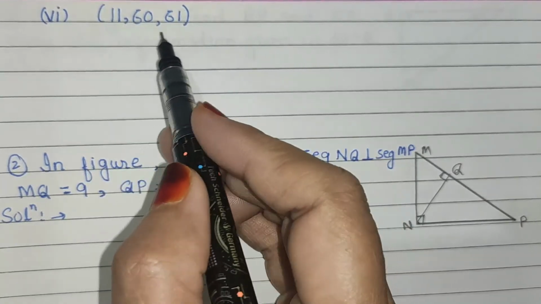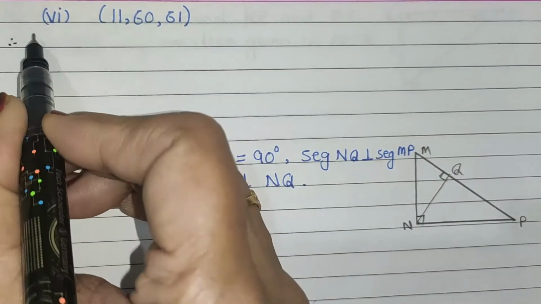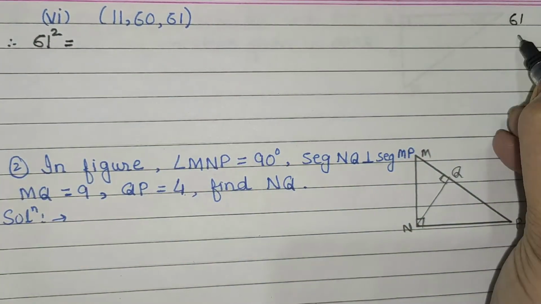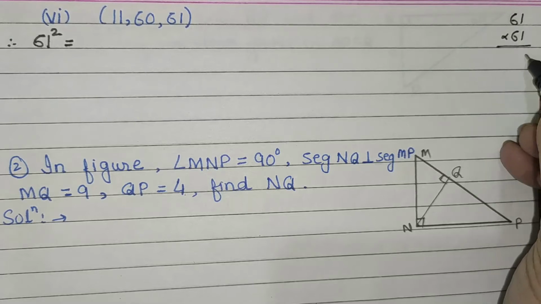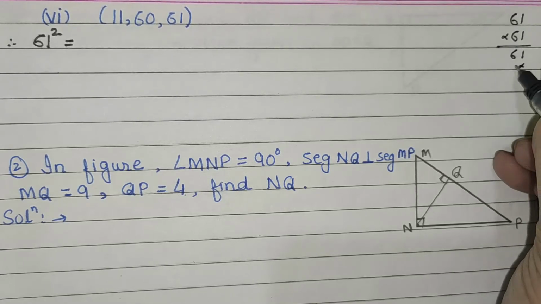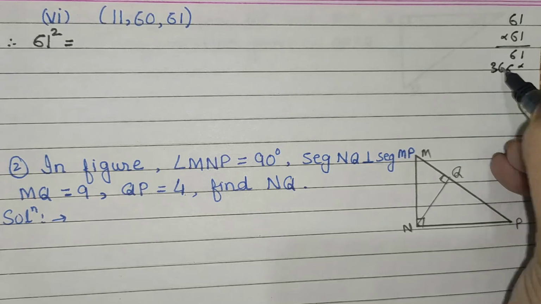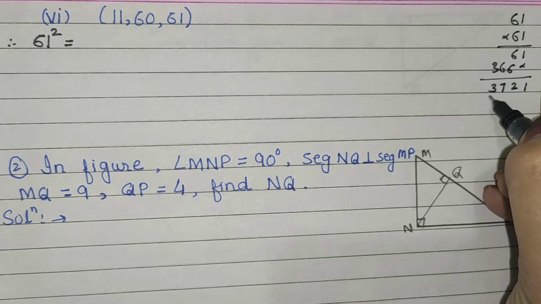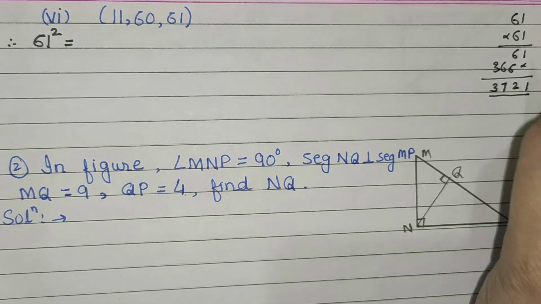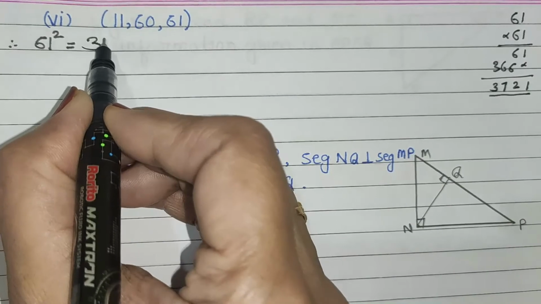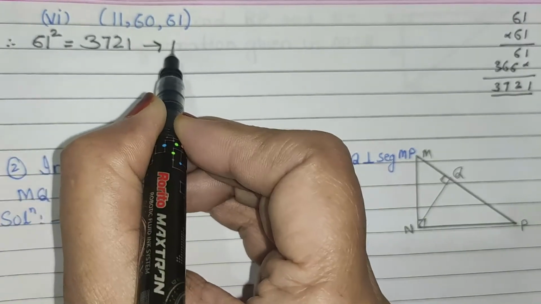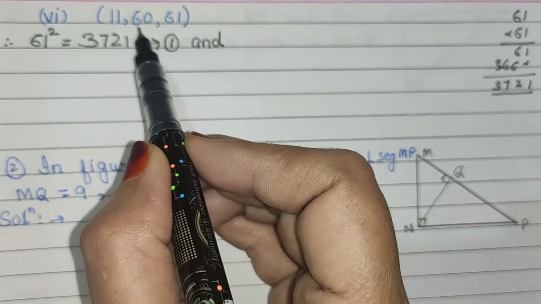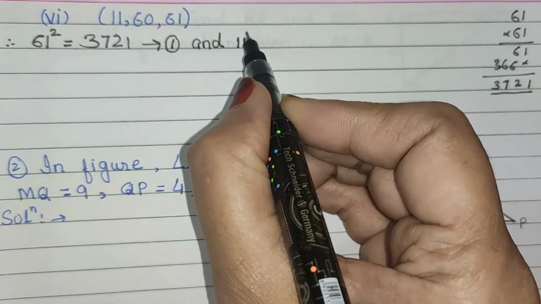Now here the largest number is 61. Therefore, first find out square of 61. Now doing rough work here, 61 multiplied by 61. 1 1s are 1, 1 6s are 6, 6 6s are 36. Add these two numbers, we get 3721. Give it equation number 1, and find out the sum of squares of other two numbers, means 11 square